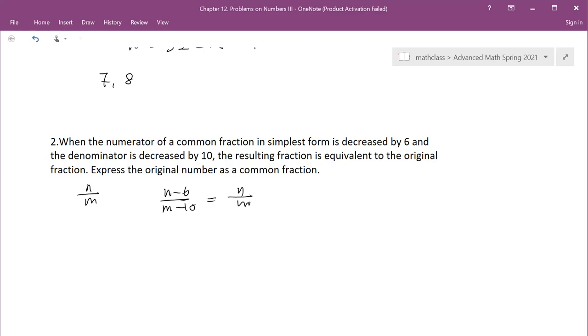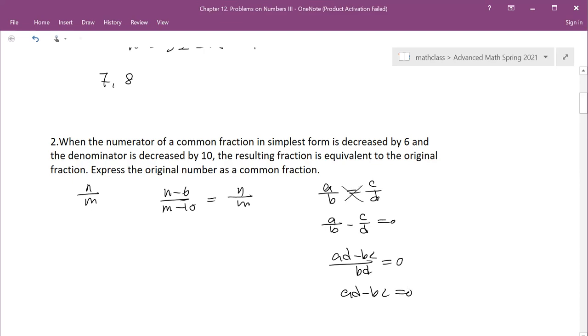All right, so let's solve this equation. In general, if we have a over b equals c over d, right? If we combine them, this should be equal to a over b minus c over d, which should be 0. But then when you combine them, it will be ad minus bc over bd. So that means ad minus bc should be 0. In other words, this cross product, ad minus bc, should be 0. Okay? So using that